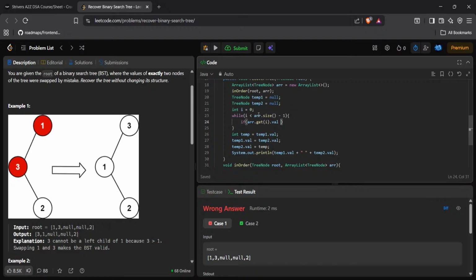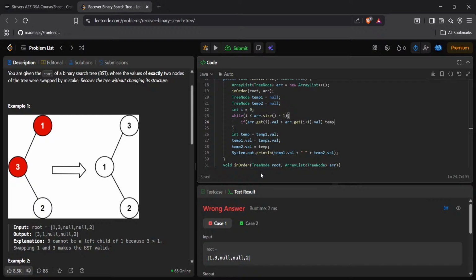Okay, we'll try. If array.get(i).val is greater than array.get(i+1).val, then